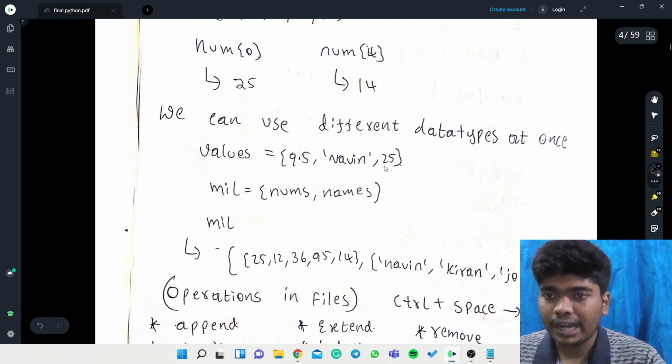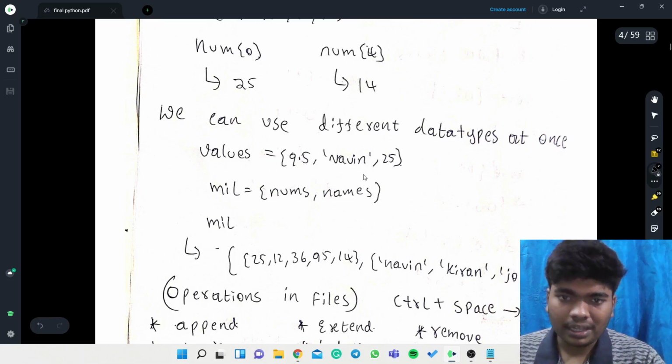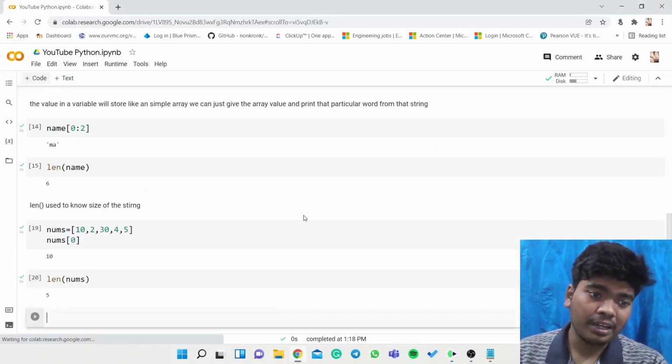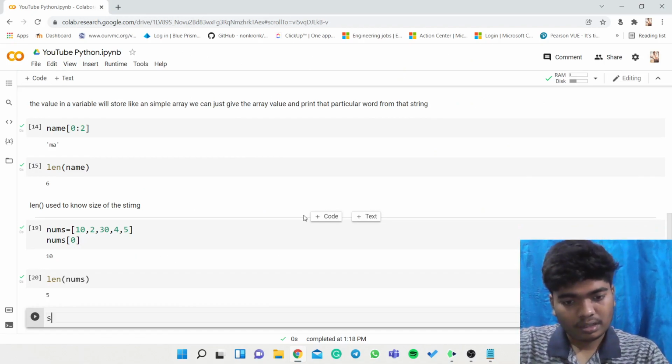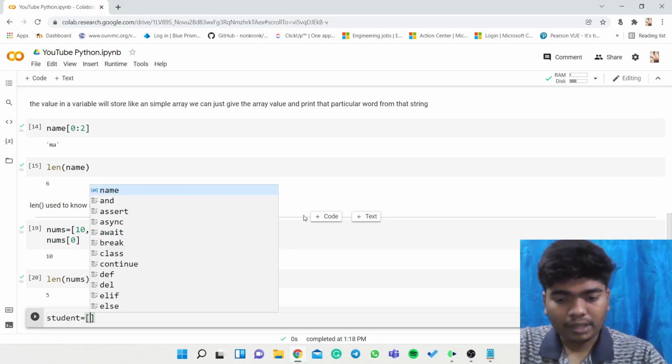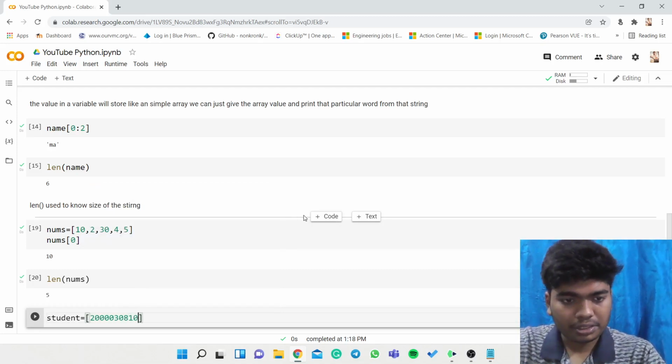We can use different data types at once, or we can just give different data types at once. So we will just do something like this. Student is equal to, I will just give my admission number 30810, and then my name, and then my CGPA.